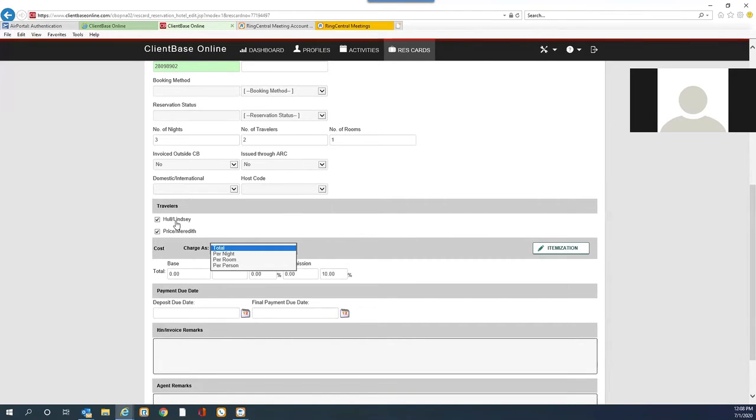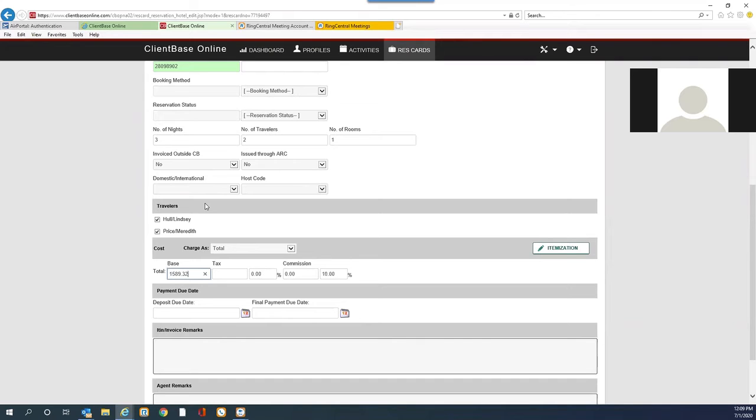So if I were going to pay half and my traveling companion were going to pay half, I might want to do this per person, if I were going to send this to them. In most cases, you're creating the res card for accounting purposes. So for the most part, we normally just use the total. So the total amount for 3 nights at the hotel is going to be